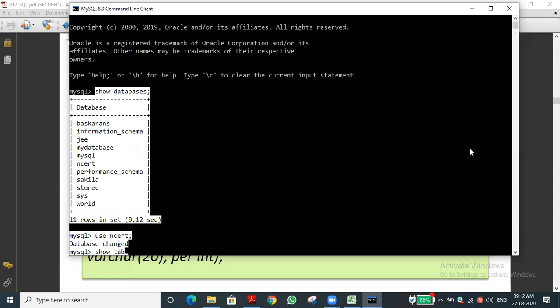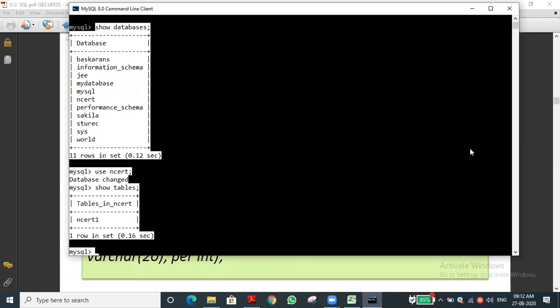If we enter it, it will show only one table. Yesterday, can you remember, we created one NCRT table, isn't it? Yes, sir. I forgot what fields I had given. Suppose we want to know what the fields and data types are. If I want to know, it is describe table, DESC. DESC or describe, any one word we can use. For short form we use DESC.